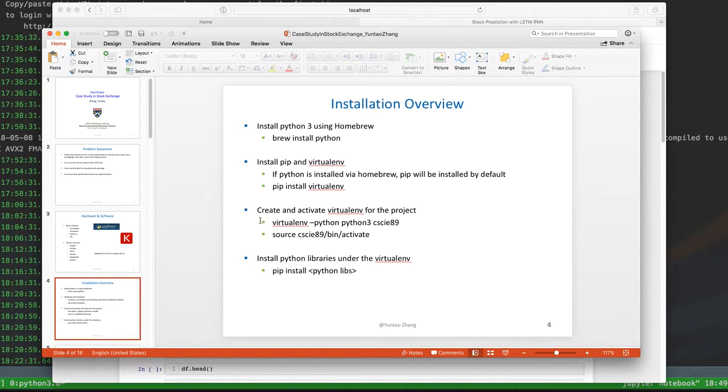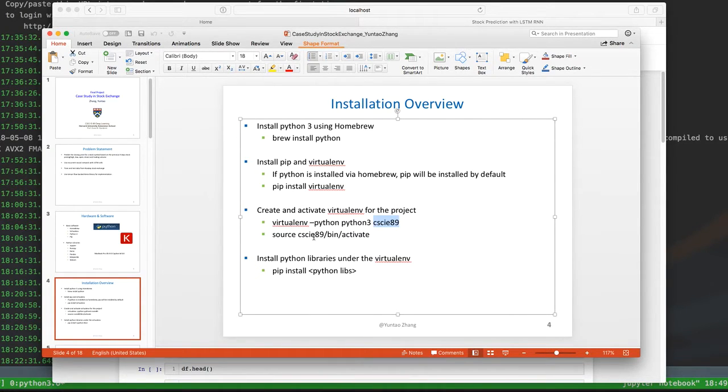First, I do a brew install of the Python version that I wanted. It's Python 3 in this case. And then I'm doing a pip install of virtualenv. If you're using Homebrew to install Python 3, pip will be installed by default. Then you create a virtual environment that basically creates a subdirectory under the name of the virtual environment where you run it, and then repoint your Python into that subdirectory which has all the basic Python